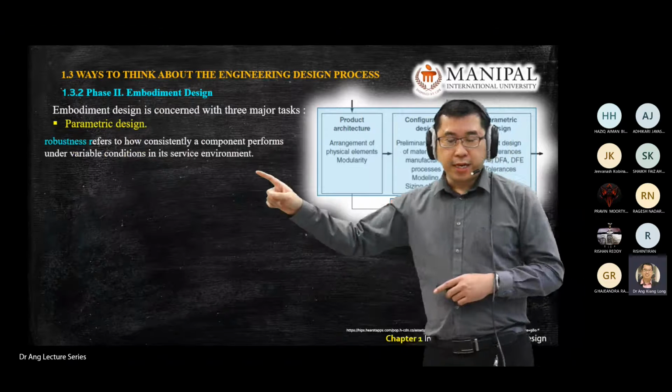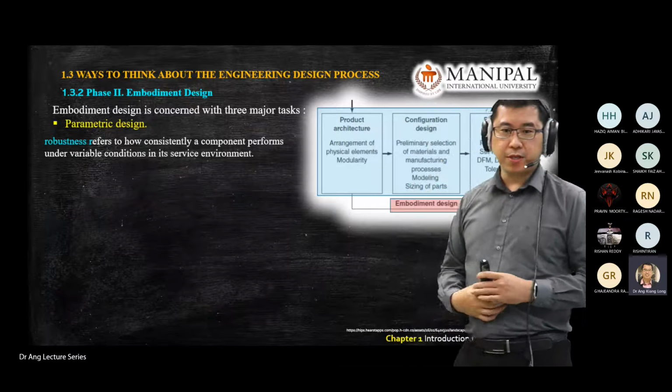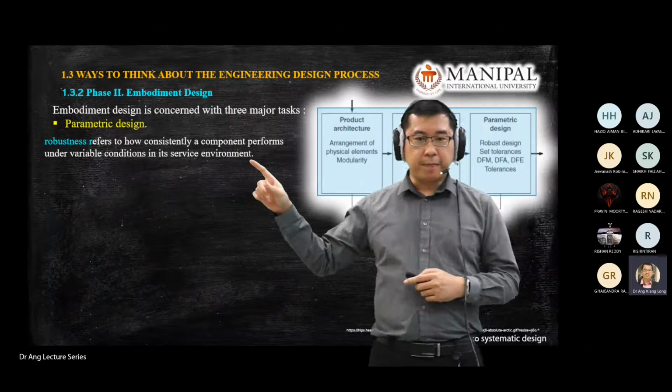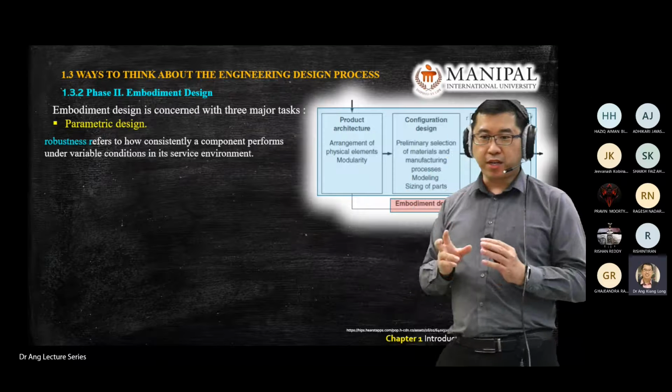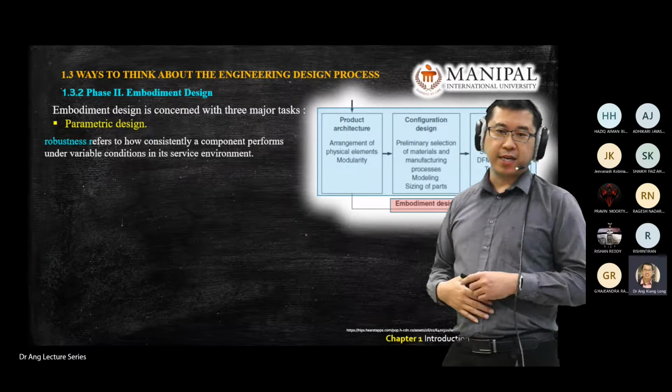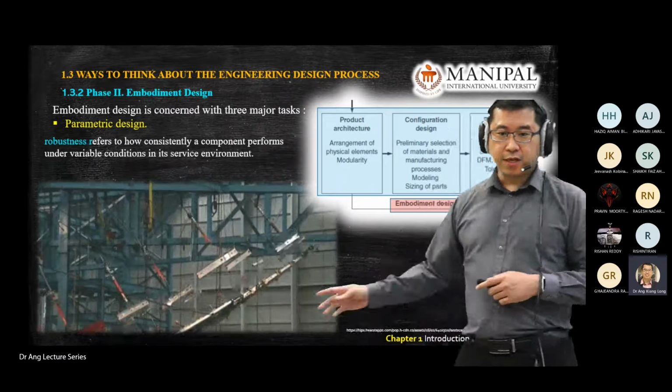Another word is called robustness. Robustness means: is it able to continue to perform as what you designed or not? Okay, robustness. So for example, this is a